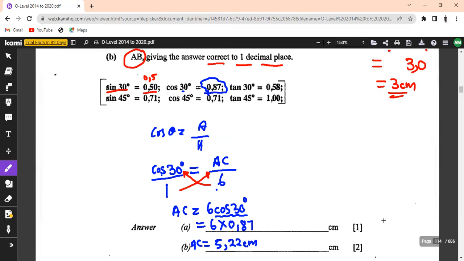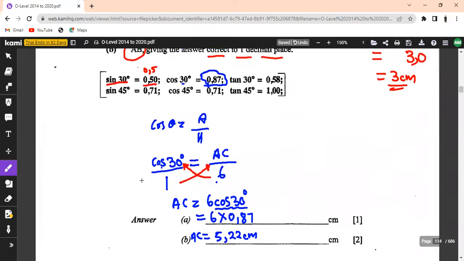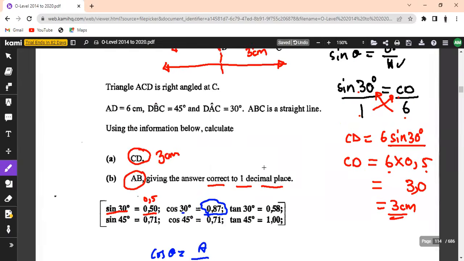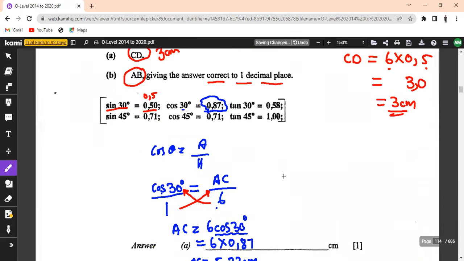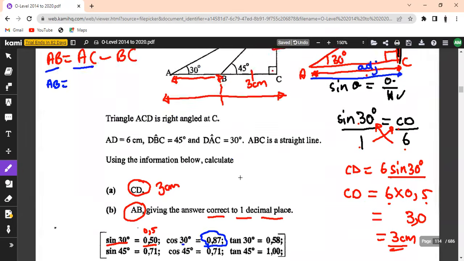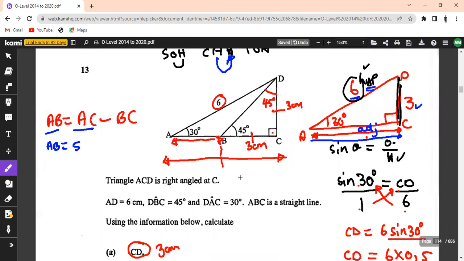Now let us get back here because we want to find AB. Remember, guys, we just obtained AC. So let us get back here. We said AB, the one that we want to calculate, is going to be AC, the one that we got now, which is 5.22, minus BC. And this is our BC here, which is 3. So if we subtract, this is just 5.22 like this, guys, 5.22 minus 3.00 as a whole number. So it's going to be comma here, 22. 5 minus 3, which is 2. So you're going to have something like